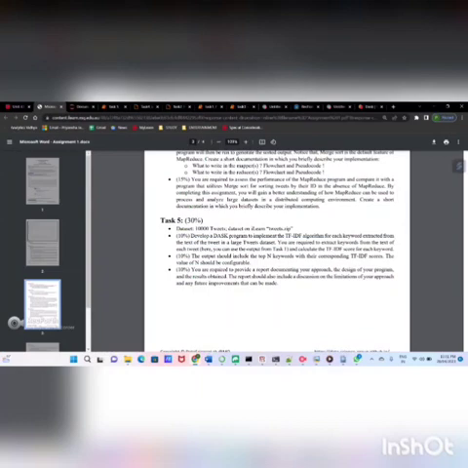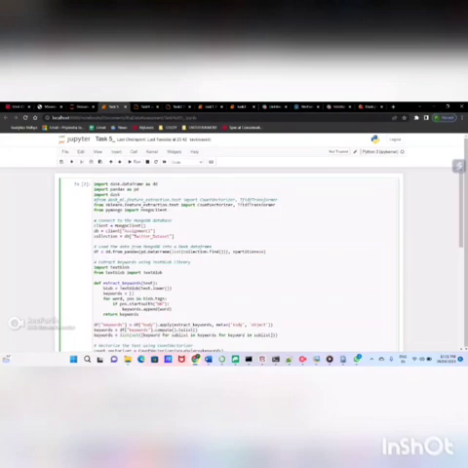I need to implement my program for my extracted keywords. So this is my task 5. I have imported